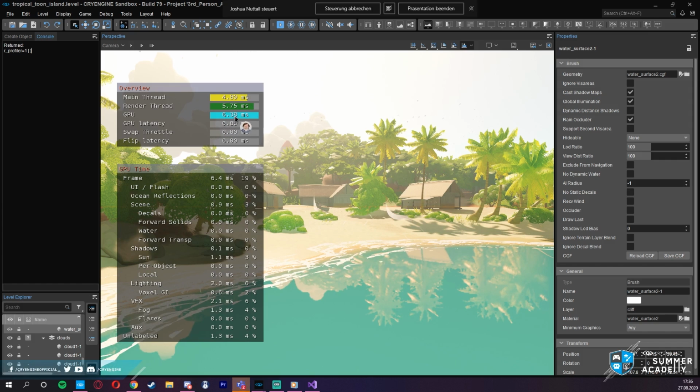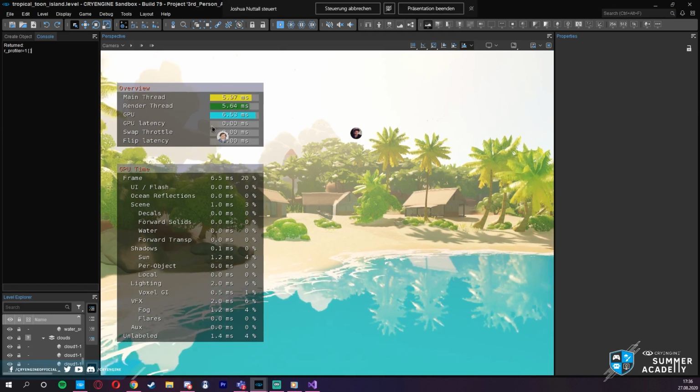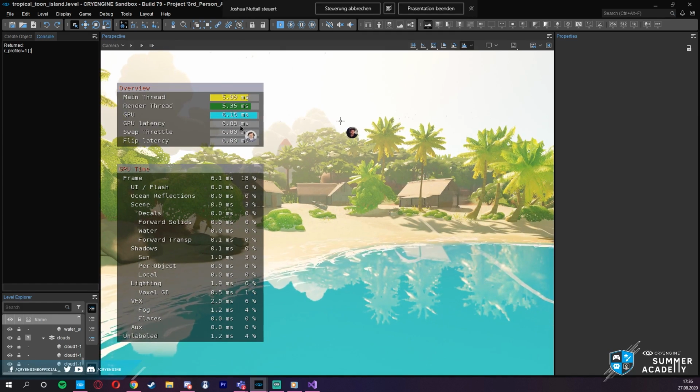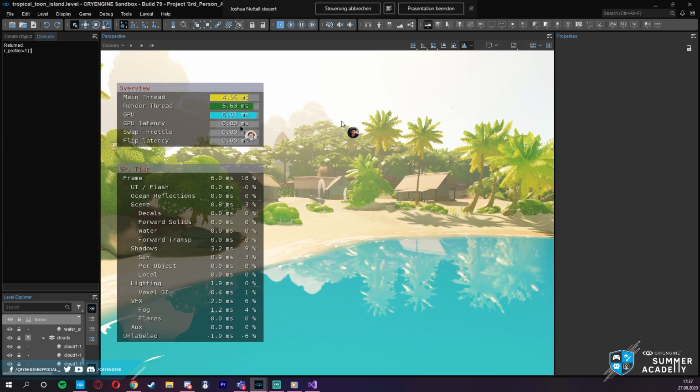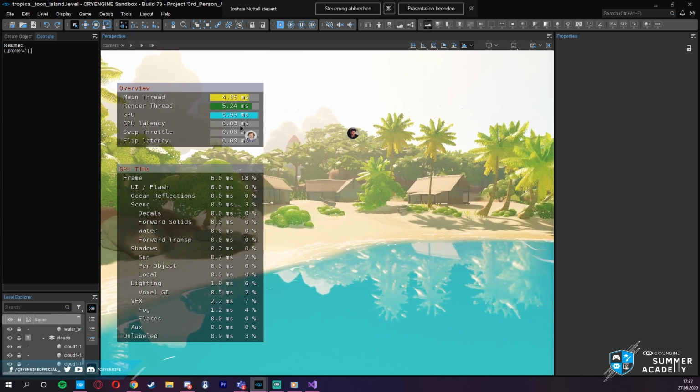Say this GPU bar went really far up and these were all dead low. It tends to mean your GPU is causing problems, and things like this GPU latency might start going up a little bit. All it means is you're limited by the rendering capabilities of your hardware. Your GPU is not powerful enough, so you have to scale down, bring down the graphics, optimize your scene,